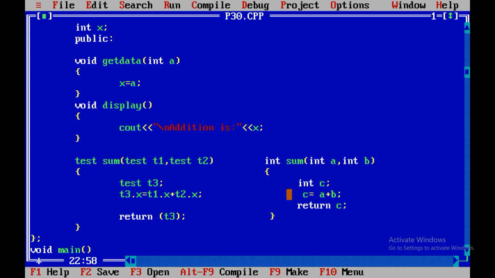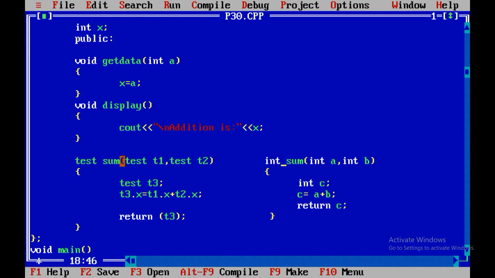So this function is exactly the same as whatever code we have mentioned over here. Here I have mentioned test because we are going to return the object. If I am going to return integer, in such cases return type should be integer.